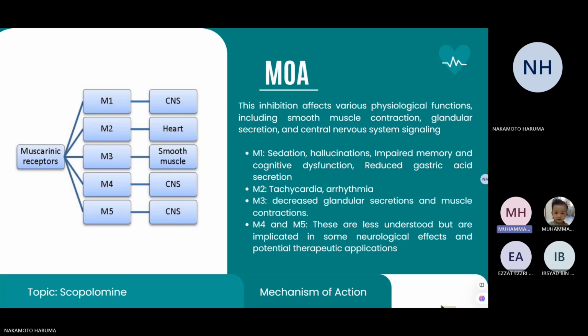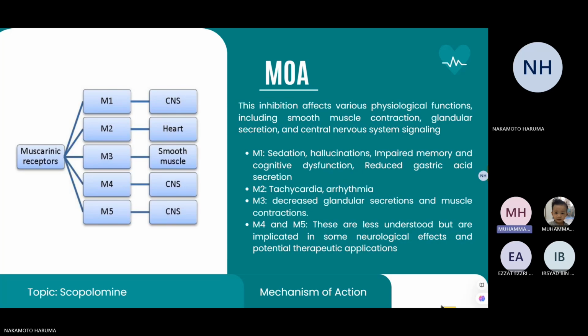So the antagonistic effects of scopolamine are sedation, hallucination, and confusion, which are common CNS effects. It can also impair memory and lead to cognitive dysfunction, and it leads to reduced gastric acid secretion because the M1 muscarinic receptor is located at the gastric glands. For muscarinic receptor subtype M2, its primary location is at the heart,